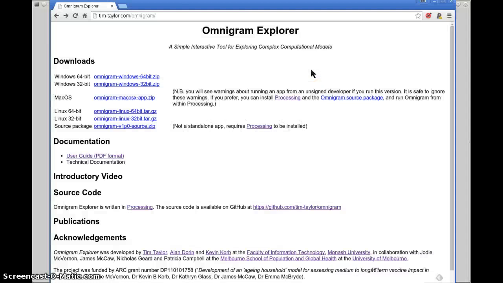In this video, I want to give you a very quick introduction to Omnigram Explorer, which is a simple interactive tool for exploring complex computational models. There's a website at tim-taylor.com/omnigram where you can download the program on a number of different platforms and also access user documentation and other